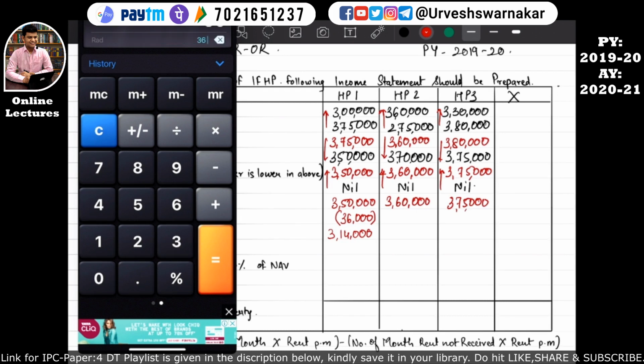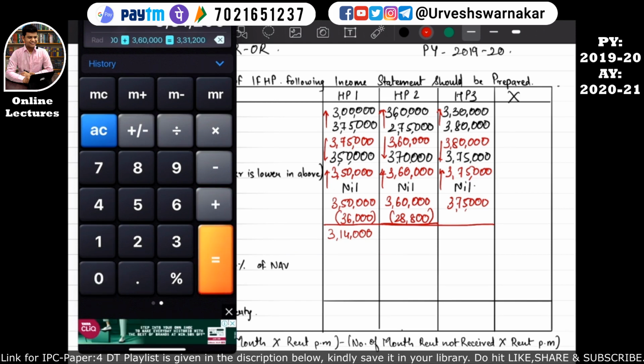On 3,60,000, that is the municipal value for house property 2, we will calculate 8%, which is our municipal tax, 28,800, and finally our NAV will be 3,60,000 minus 28,800, which is equal to